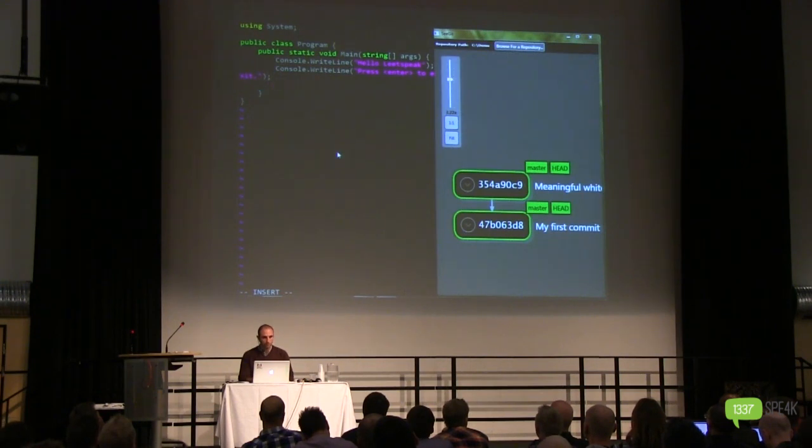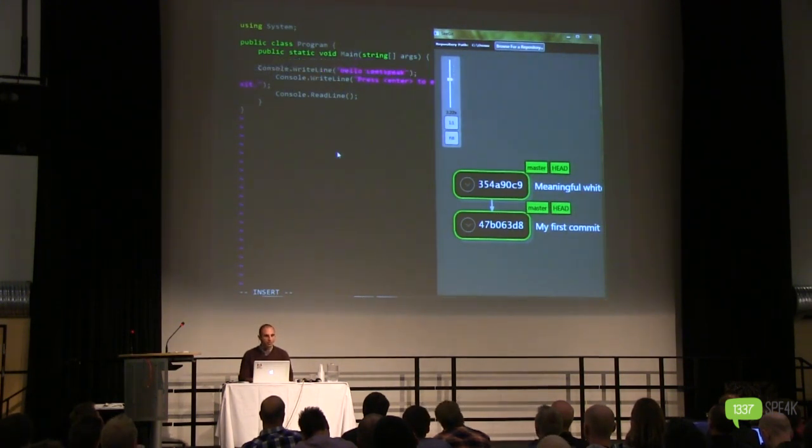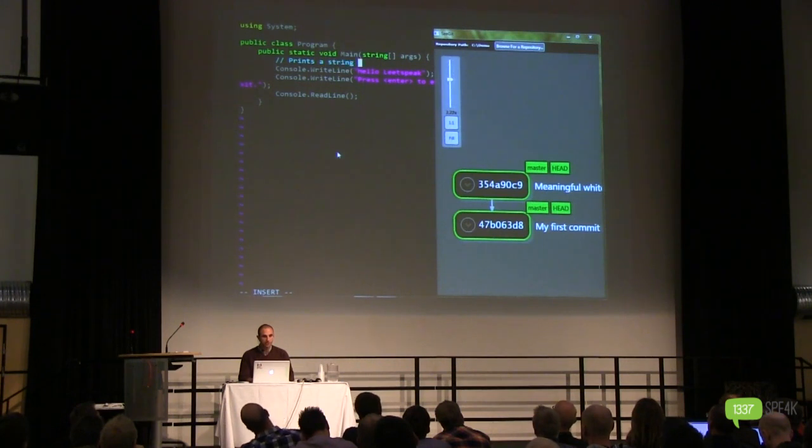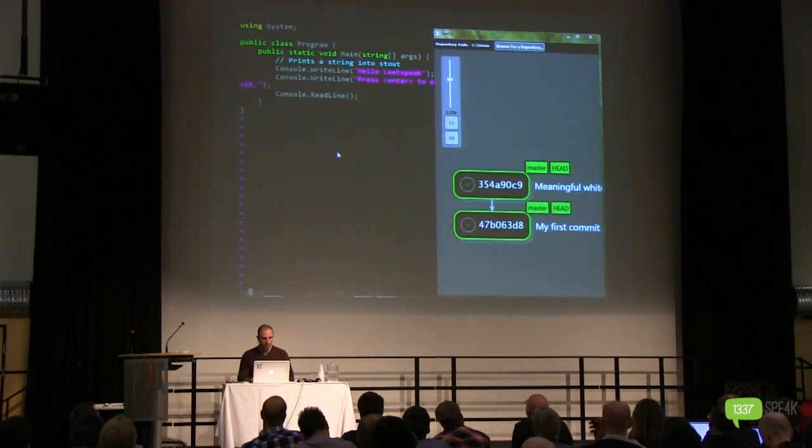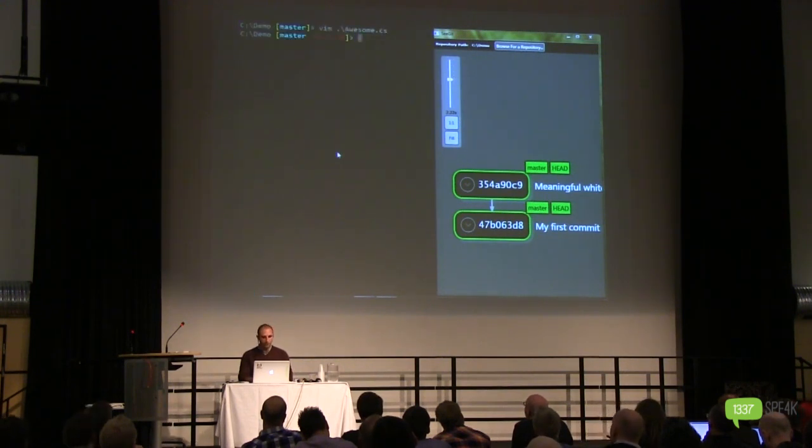And then I'm going to see console.readline. And at the same time as I'm working, I say, oh, I should really comment this. It's not self-explanatory. So print a string into standard out. And let's save that. Now if I do a diff,